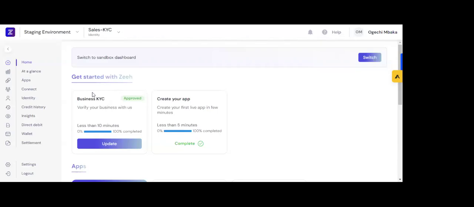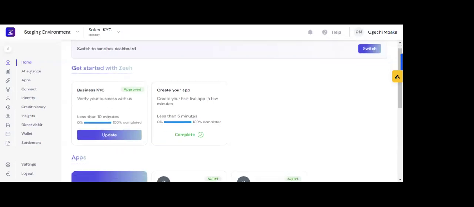Okay, so this is what the Zeeh Africa platform looks like once you would have signed up on our page at dash.zeeh.africa. Once you're logged in on the platform, you would be required to do your business KYC to verify your business, providing your RC number, your company information, address, and the likes. We'll do our verification back end once we confirm the information provided for you to be able to access your